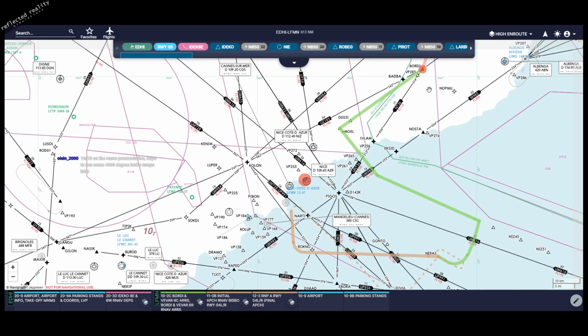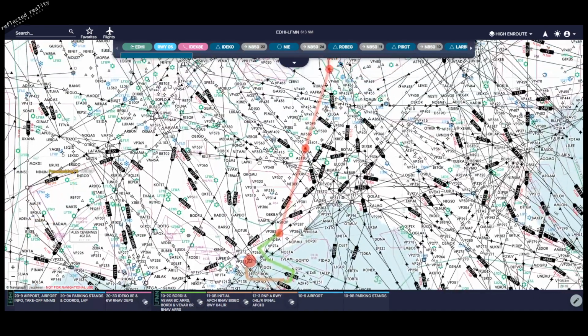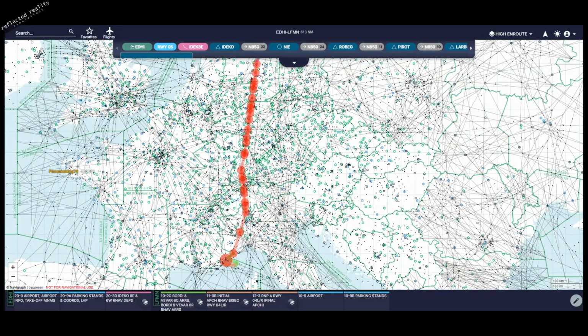You can see here at Nice that one of the interesting things is the arrival takes us about 30 miles off track. We're coming in from the northeast. We're going to go 30 miles out to sea and then 30 miles back in again. But maybe we'll not do that. Maybe we'll fly a little bit of a shortcut. So fairly low-key kind of thing. I've got nothing really planned to have a look at in the flight other than just the general operation of